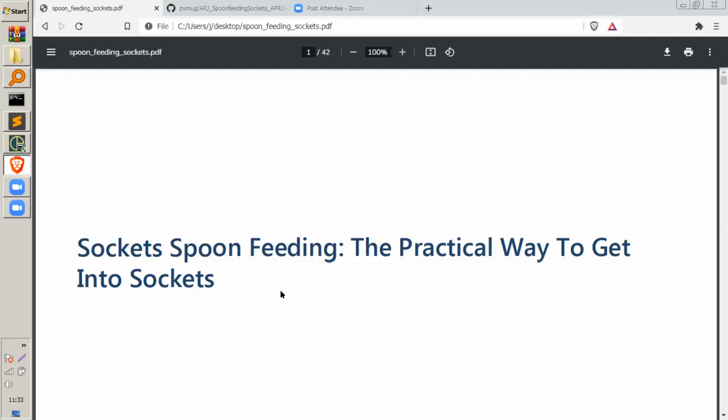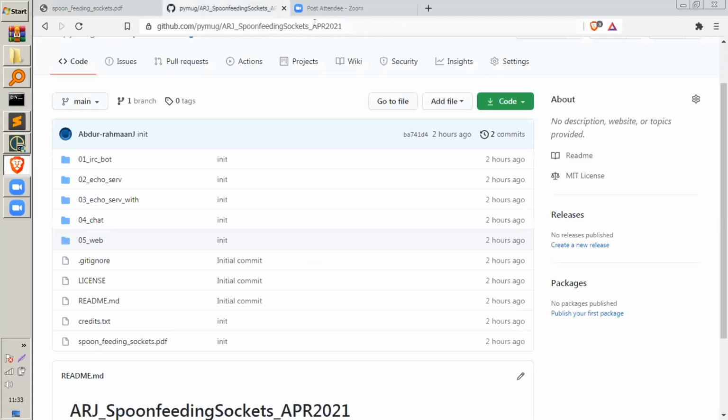In these examples, I'm just using the bare standard library modules.